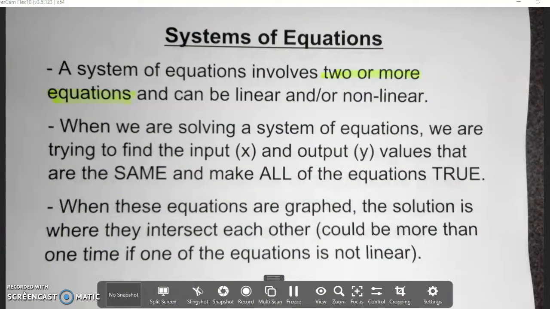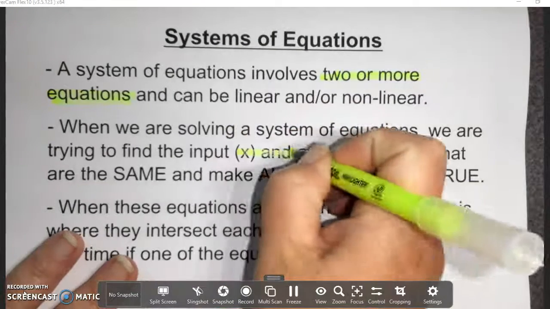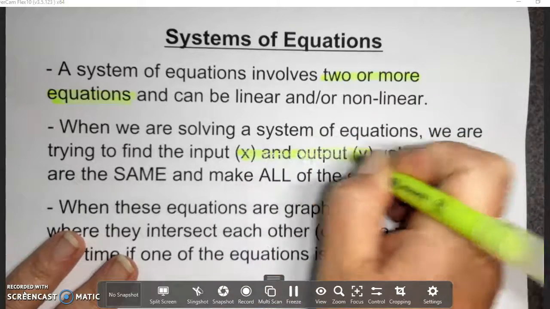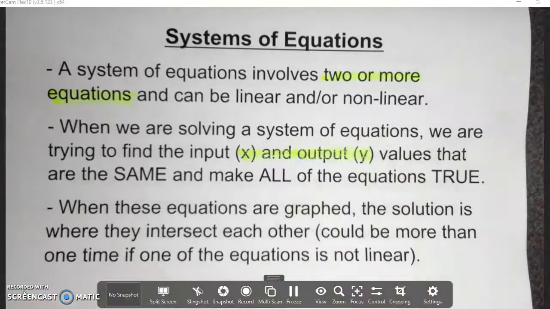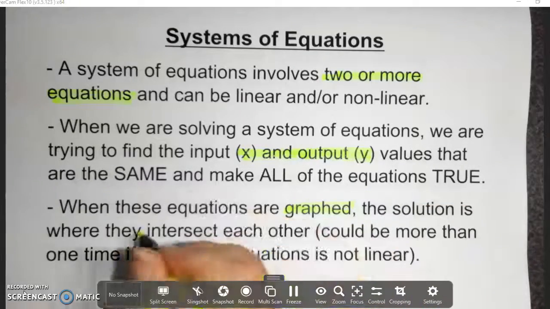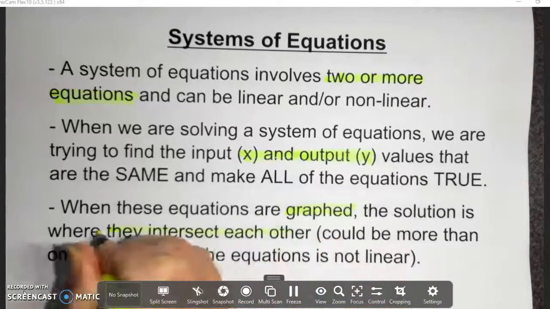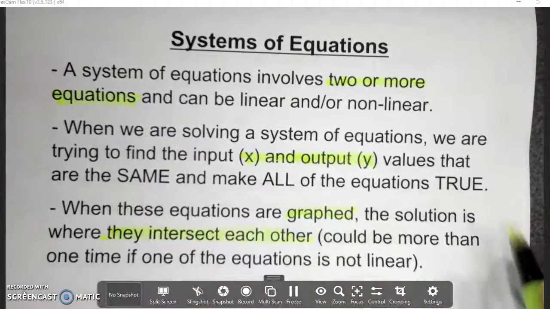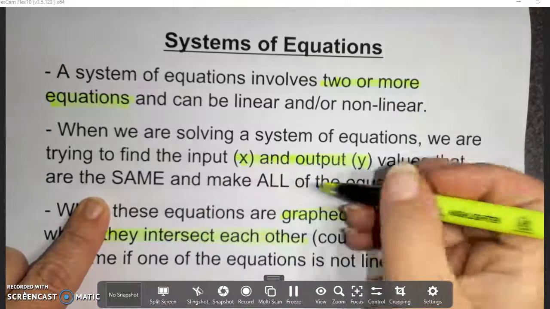When we are solving a system of equations, we are trying to find the input and the output values. So we need both that are the same to make all of the equations true. When these equations are graphed, the solution is where they intersect. So when graphing, it's where they intersect. X and Y, we want,